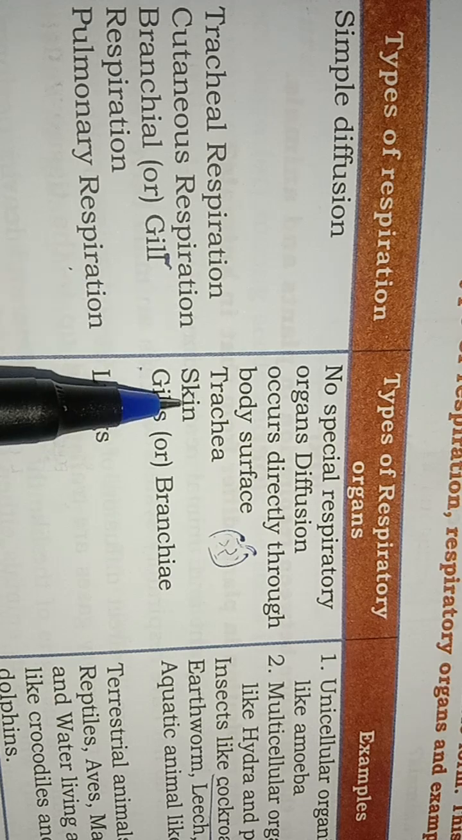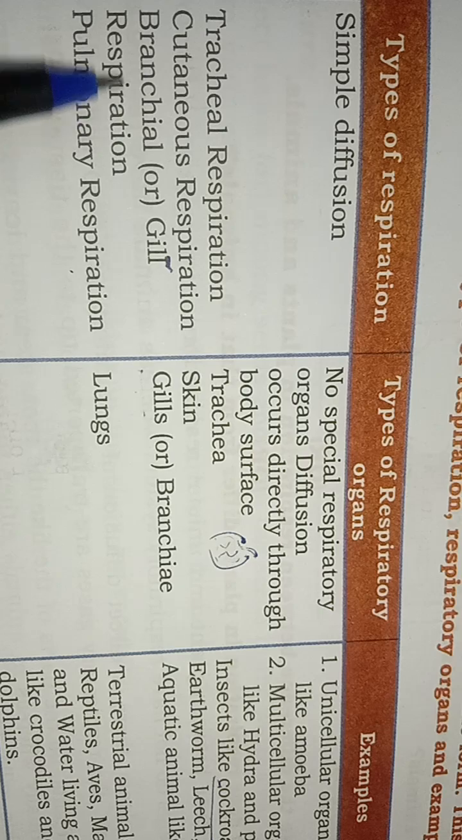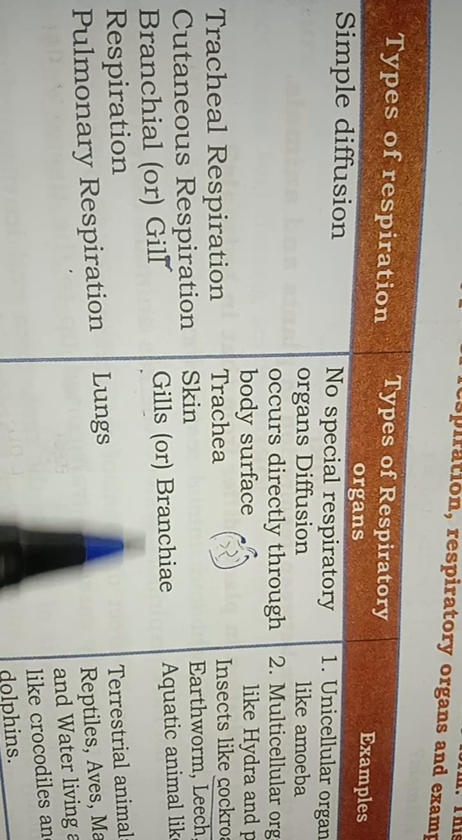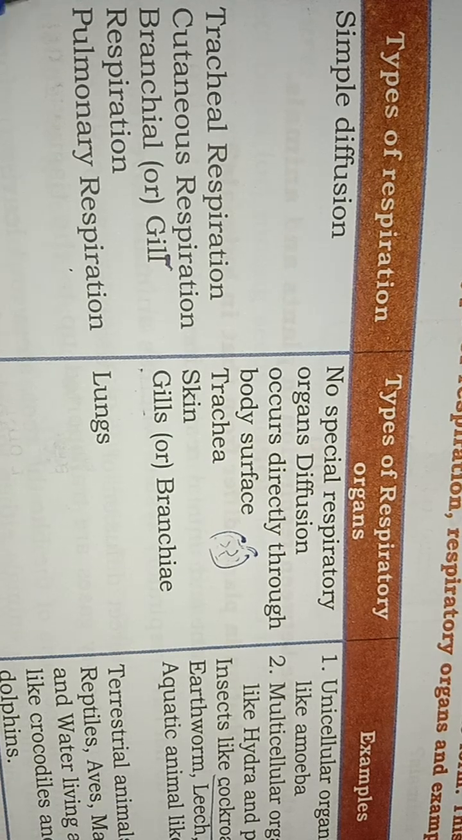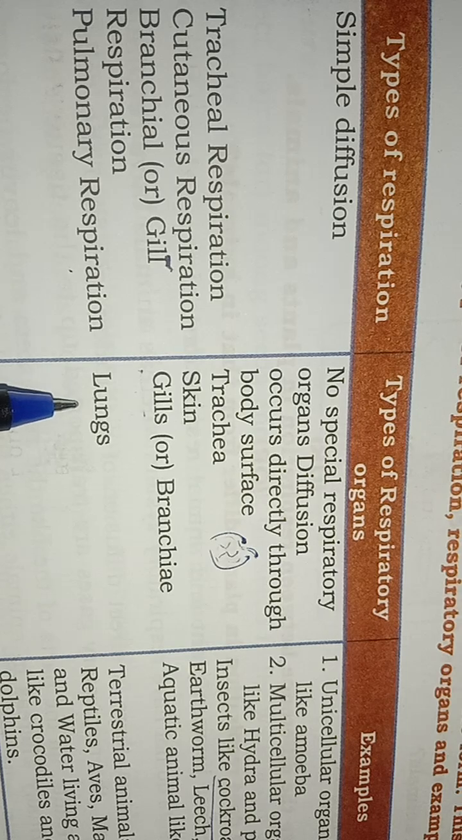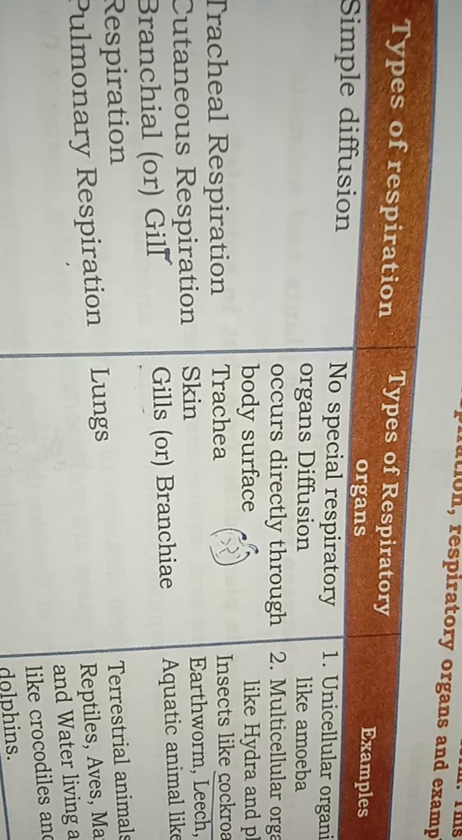Cutaneous respiration means respiration through the skin. Earthworm is an example. Branchial or gill respiration, where gills are the organs. We see this in fish. Next, pulmonary respiration means breathing with the lungs. Okay. Next, we have